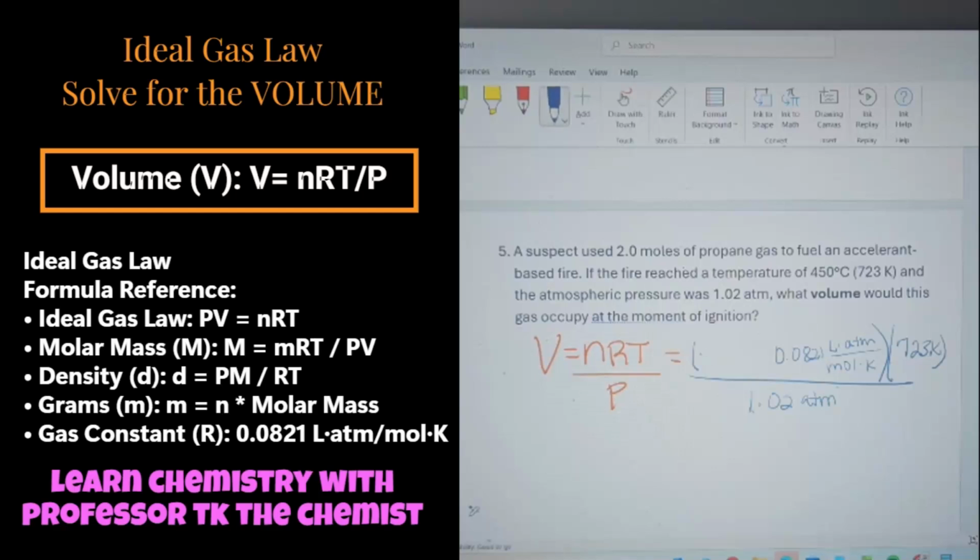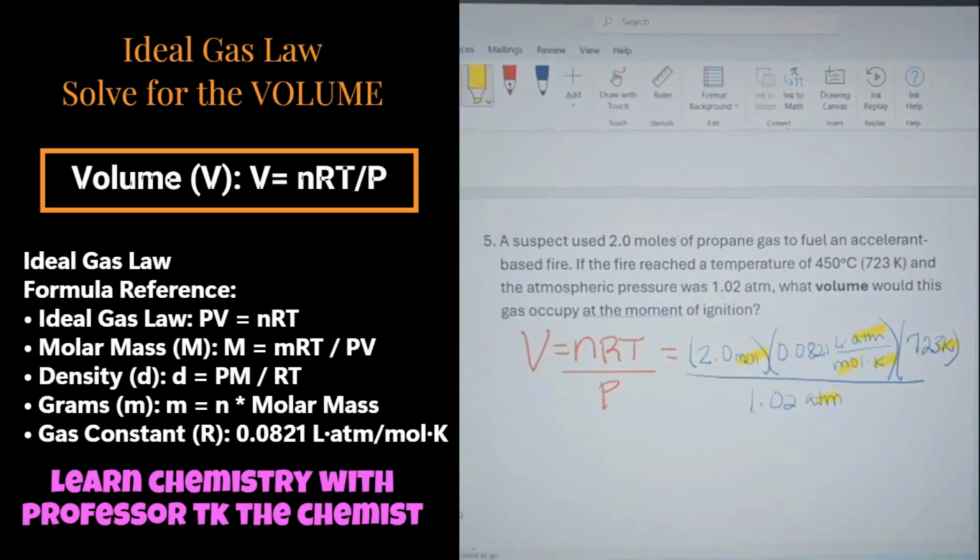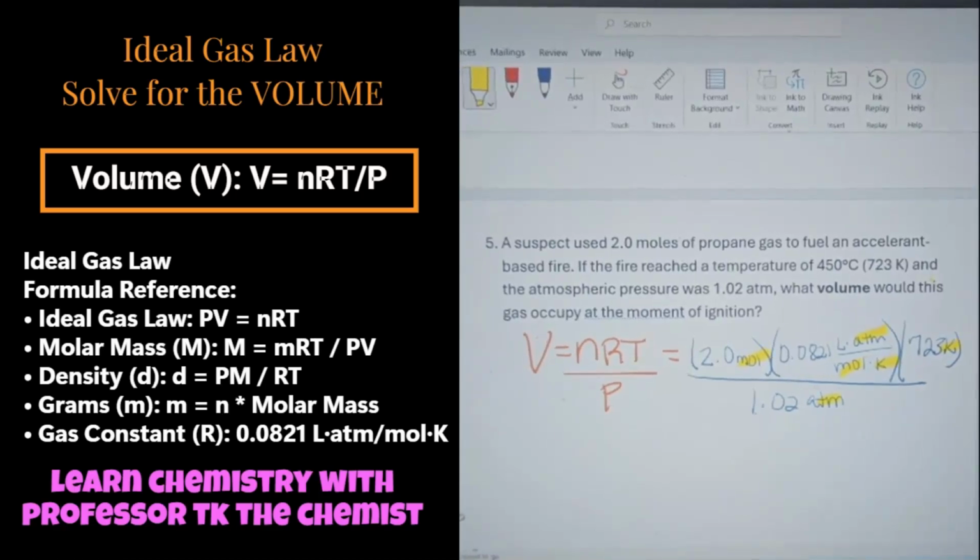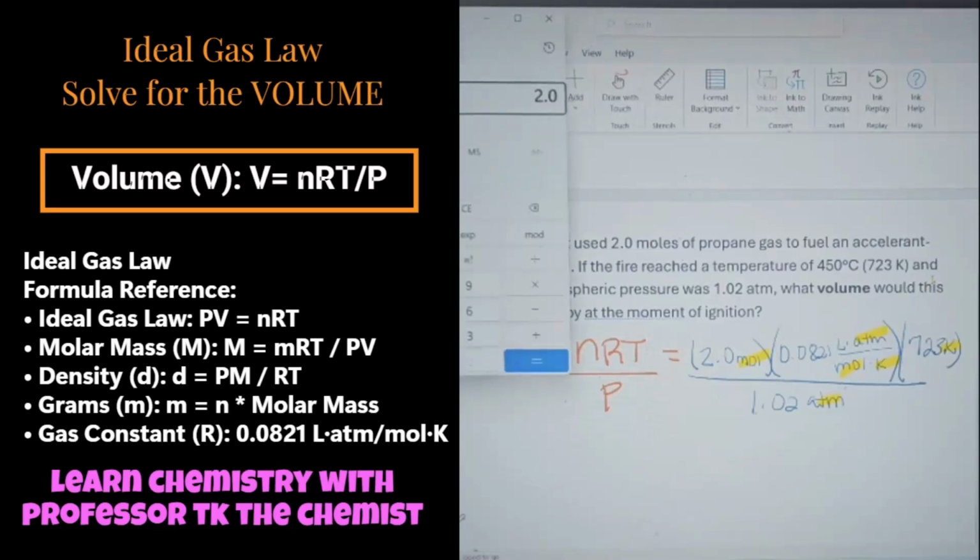All right, now I am going to have you all look at this problem right here, so that you all can tell me what we are working with within our problem. We know that we're getting rid of the moles, we're getting rid of atms, we're getting rid of Kelvin. What's left over is your volume unit for liters. Just plug all those numbers in and divide by what's on the bottom, and you should get your answer. 2.0 times 0.0821 times 723 divided by 1.02, and you get